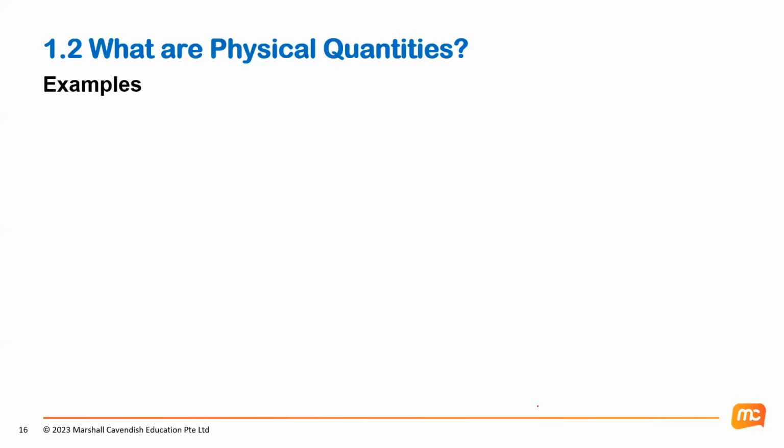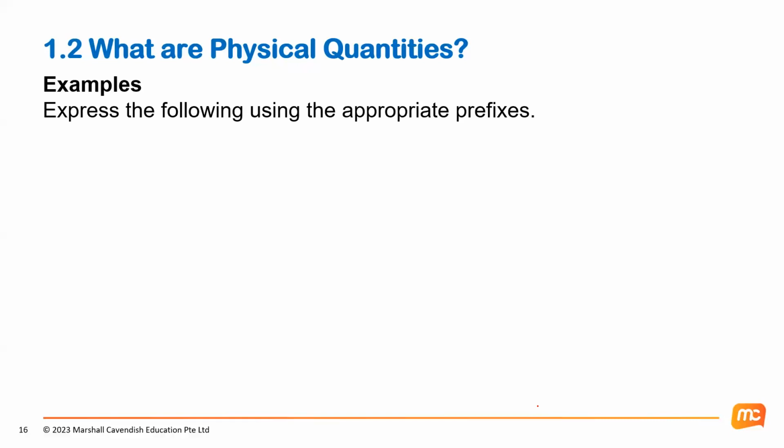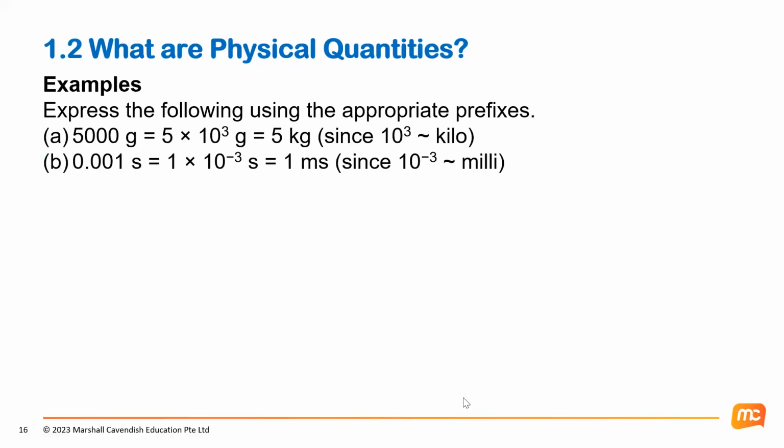Okay, next. These are more examples of how I can use prefix and standard form. So you can see the first one, 5,000 grams. I can change it to 5 times 10 to the power 3 grams, and 10 to the power 3 means kilo. So if I don't want to write times 10 to the power 3, I can put kilograms over here, and then